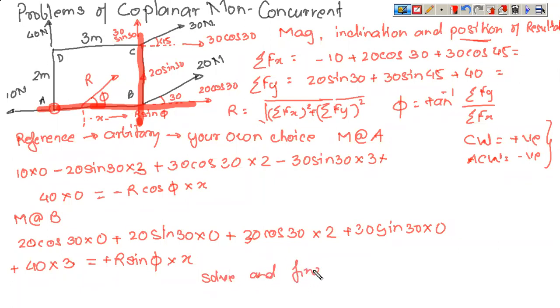In both the cases, there is absolutely no possibility that you will get different locations. You will get different answers, because if it is 1.2 meters from A, it is 1.8 meters from B. So the answer magnitude wise may be different, but the location in any case will not differ. This you have to keep in mind: irrespective of your choice of location, the answers will match at any cost.